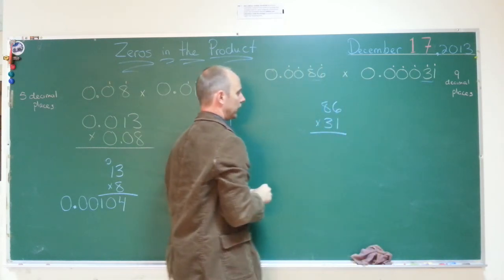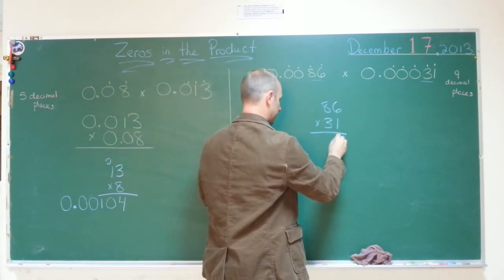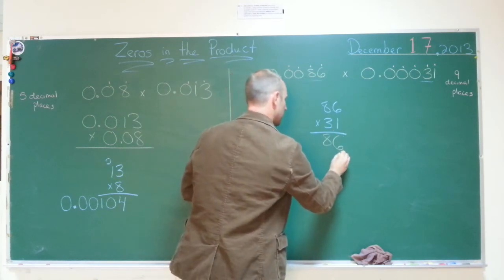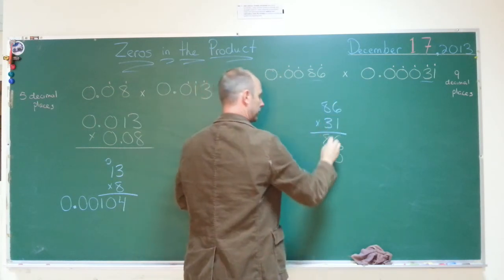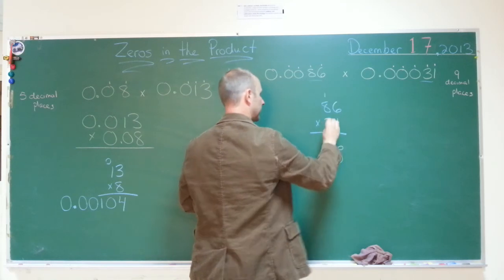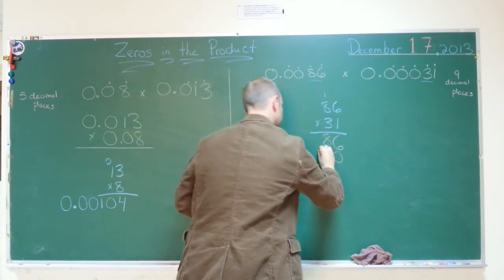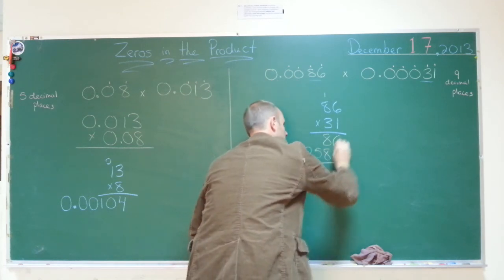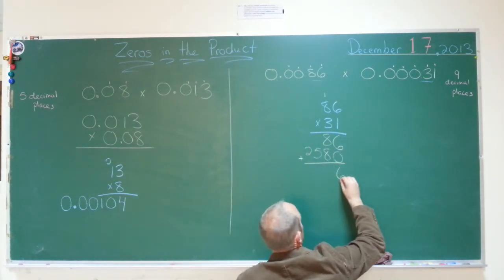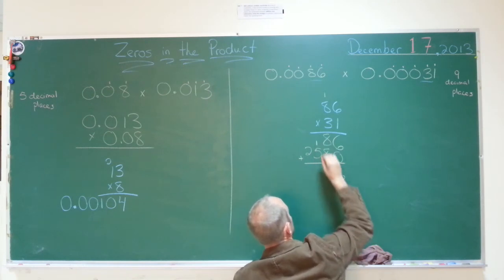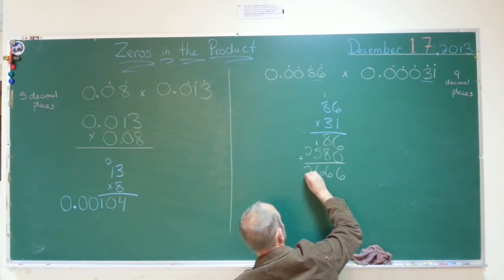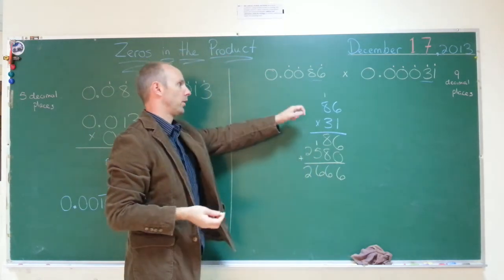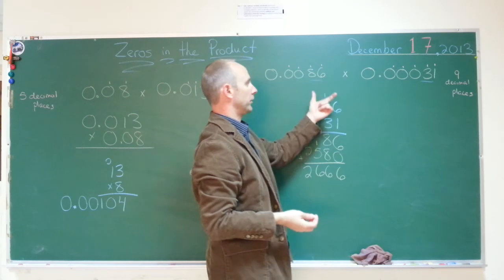I have 1 times 6, that's going to leave me with 6. 1 times 8 is 8. I put my little magic 0. 3 times 6, I have 18. 3 times 8 is 24, plus that is 25. I do my addition. 6. This one's going to be 16. That's another 6 and 2. So what I'm left with is 2,666, but of course that's impossible because I multiplied 2 numbers that were much less than 1,